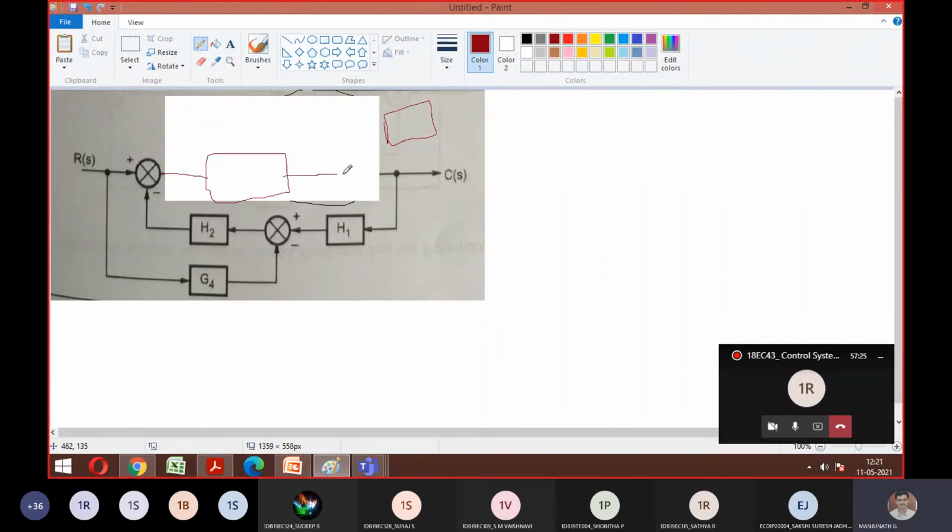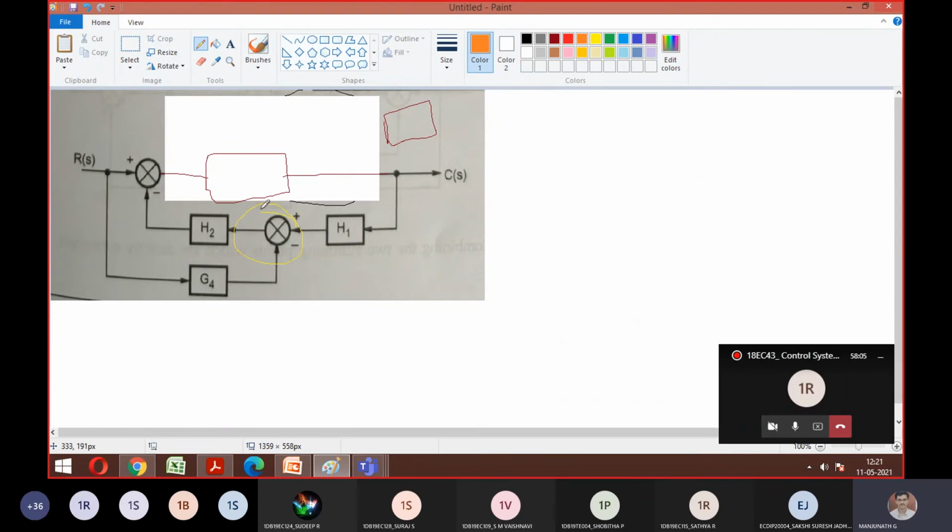Yes, sir. So this is how it looks. Okay, now what I'm asking is how to split this. This is what I taught you yesterday, because this summing point is there for H2 also and G4 also. If you're able to split this, then the remaining you will do easily. That is not an issue. So how to split it is what we want. If you want to split this, what are the possibilities? Just think and tell me. See, for this summing point, H2, H1 is one combination and G4 is one combination. Agree? Yes or no?